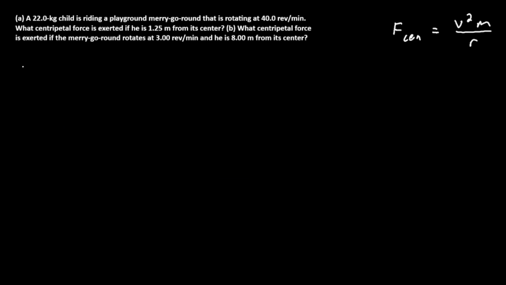Put that against the given information. So our new radius is 8 meters. Our kid's mass stays the same, 22 kilograms. But we still need to find the velocity. So again, we'll do some unit conversion. So revolutions over minutes. Let's convert revolutions